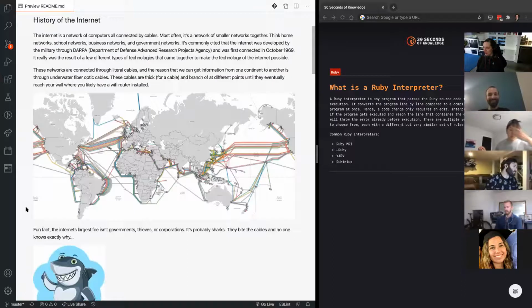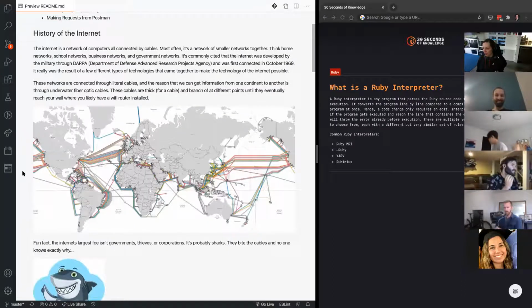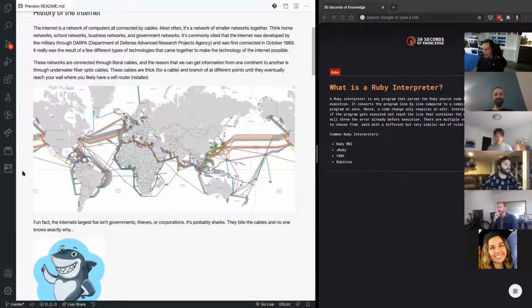Does anybody have any questions about how the internet got started? These cables in the ocean, the sharks. I don't know if I know more about that, but with the cables, I've always seen representations like this where the cables are going across the oceans and then magically the landforms are all blank. Is there any reason that the internet is not represented on land? Is that just because it splits into so many other segments and types of cables, providers, etc.?